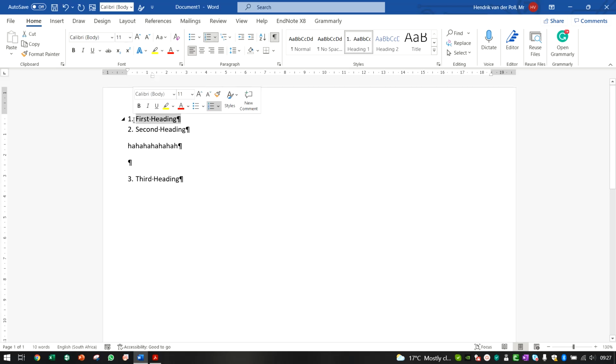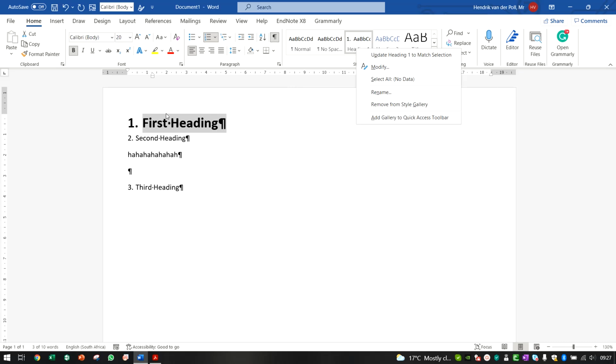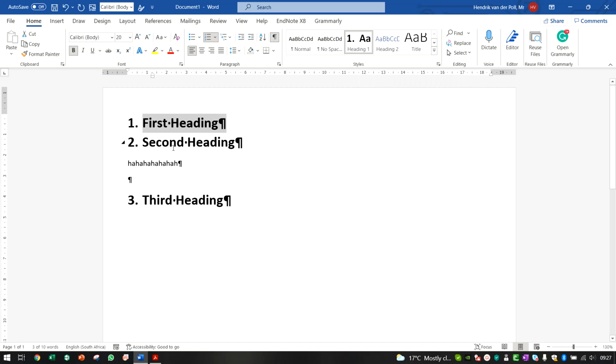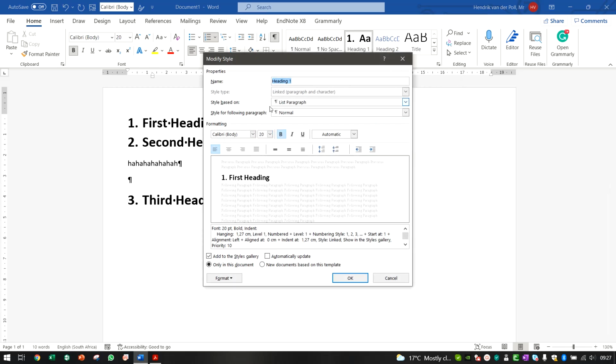So let's say, for example, you want to make it bold. So you've highlighted it, you made it bold, and you increase it. Then while you're highlighted, you go up here, you right click on the heading, you say update Heading 1 to match selection, and then it's going to automatically update all your headings to look in this or a similar way. Okay. Alternatively, you could go here, so you right click on this box, you say modify, and then here